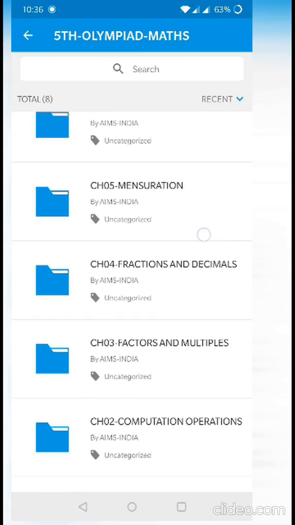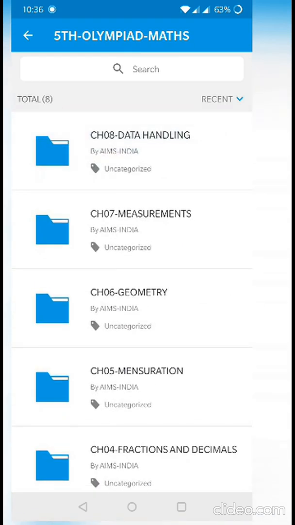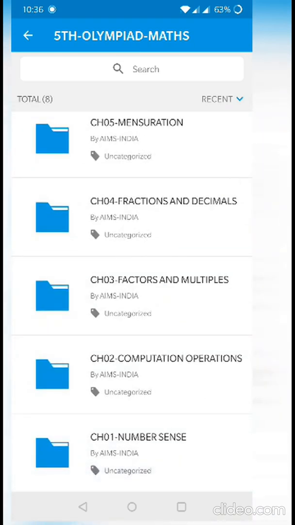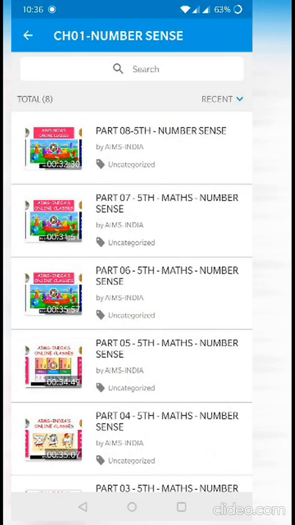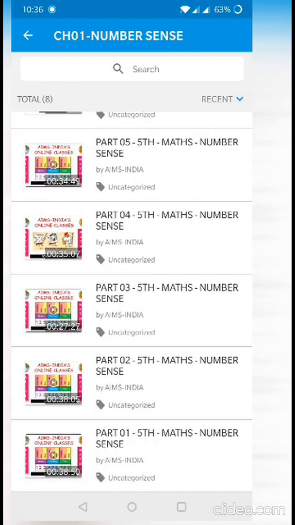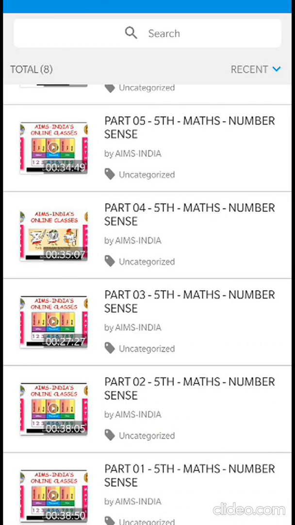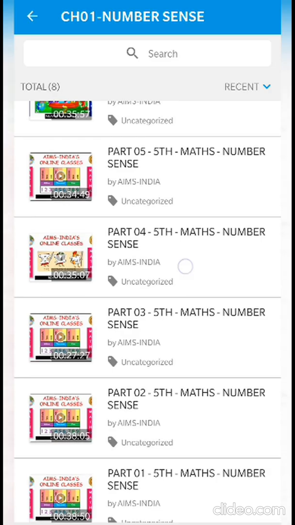If you click on that, this is overview. At the top it is overview. Beside that there is videos. Click on that. Here 5th class all videos are added. Maths and sciences. Here maths chapter wise videos are there, folders. If you click on any chapter, subtopic wise videos are here. You can watch these videos whenever you are comfortable. If you click on that video, you can watch any video.